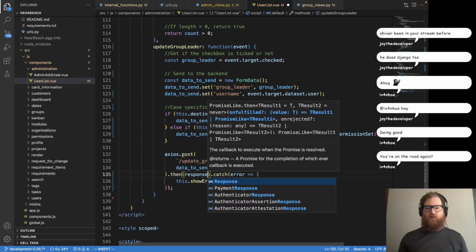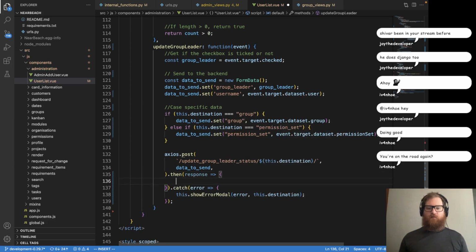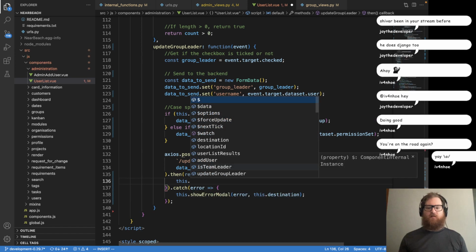Alright, then response. So what we want to do here is we want to get the data. So this dot